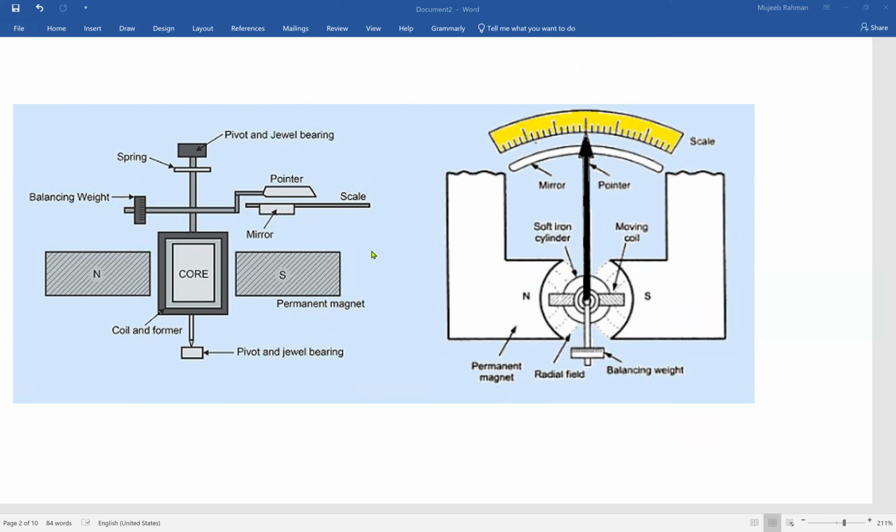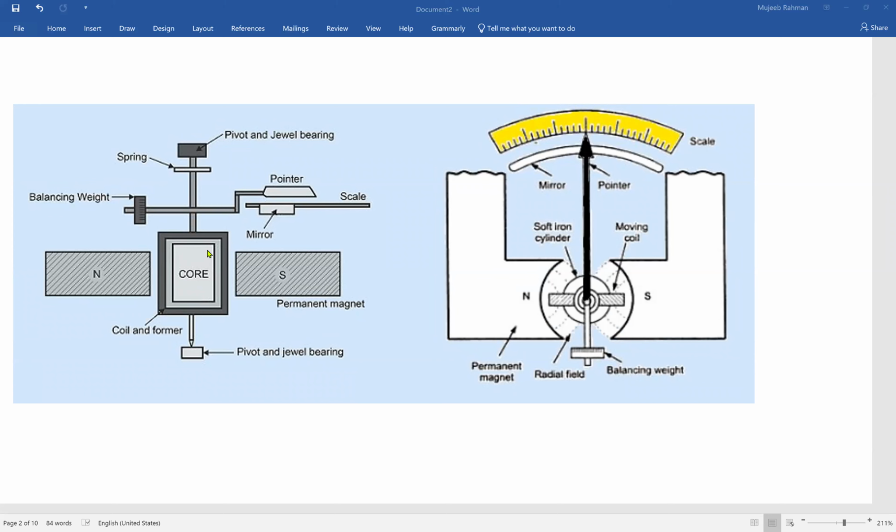This is a continuous magnet, where one end is the north pole and the other end is the south pole, acting as a single unit. Normally it is fixed. The moving part consists of a moving coil, which has a large number of turns, and these turns accept the current or voltage that is to be measured.